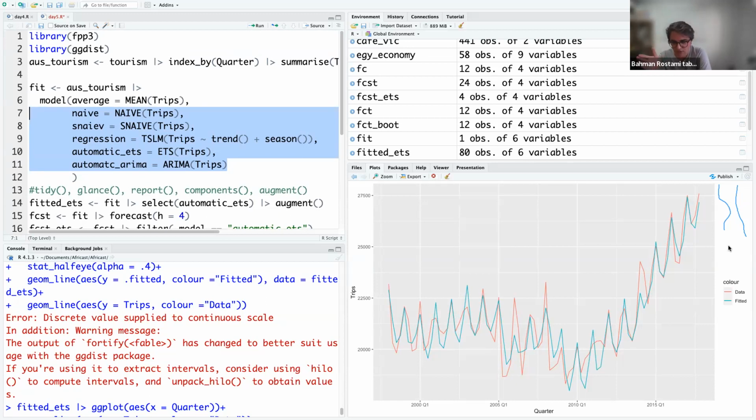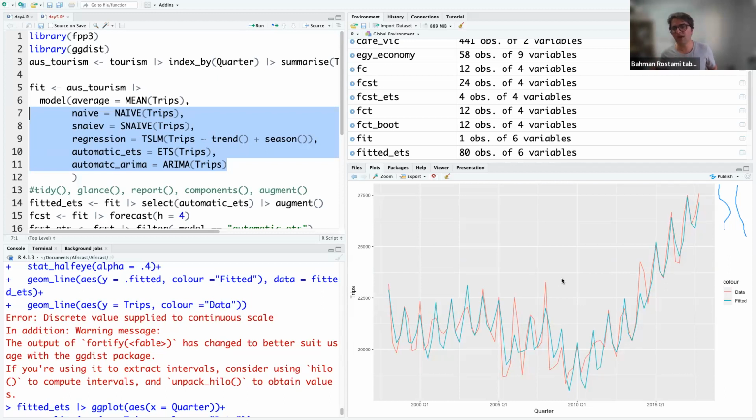So now what we are interested in is knowing how well these methods or models do. There are two different aspects to this: how well these models fit the data, and how well the models produce the forecast, how accurate the forecasts are, how close those forecasts are to the real values. So these are two important concepts that we cover today. All right. Now,